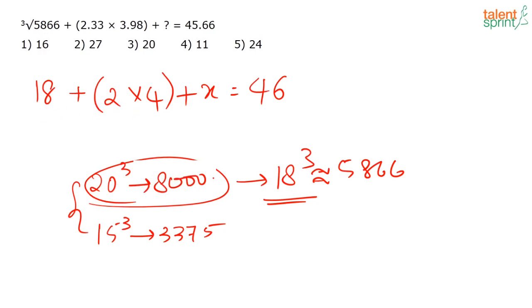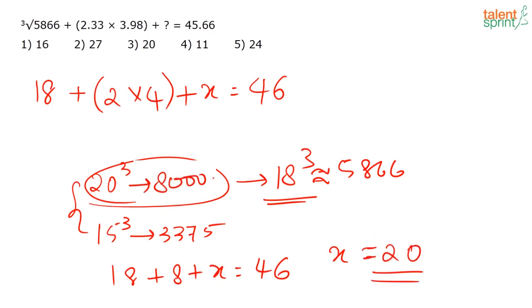So this is what? 18 plus 4 2s are 8 plus x is equal to 46, or x is equal to 18 plus 8 is 26, or we can say x is equal to 20. Again, this is an approximation because this 18 cube I have approximated, correct? Definitely 18 cube will end with, see, 8 is multiplied 3 times, right? So 8 8s are 64, 64 into 8 will end with a 2 actually, but we are approximating it and taking it this way, so the answer will be 20. Let's now go to the next question.